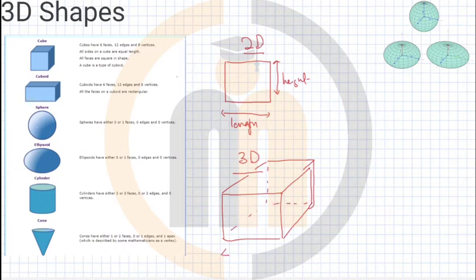Okay, so again we have the length, here we have the height, but the third dimension we have depth or width, it can be called. Alright, so there are a few different types of 3D shapes. Most of you should know what cubes and cuboids are. A cube is basically a 3D shape that is squares everywhere, so it has 6 faces,